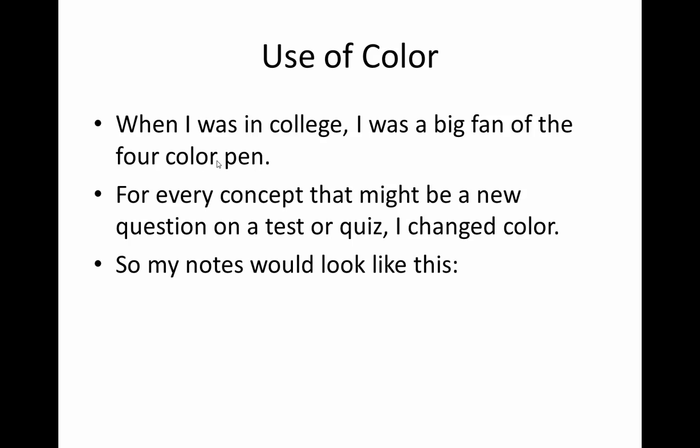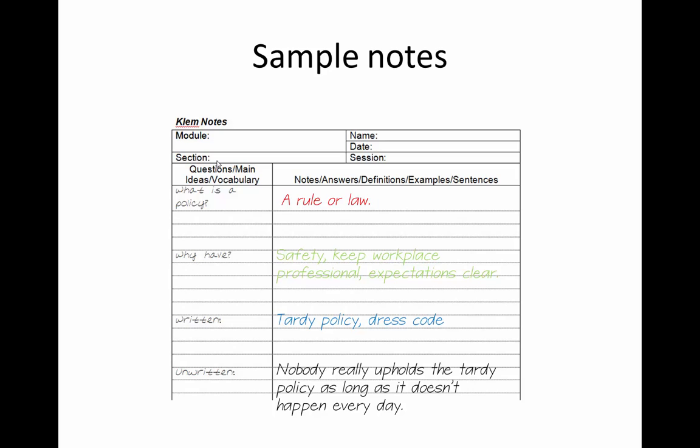But what I did was for every concept that could possibly be a question on a test or a quiz, I changed the color. So instead of my notes being all red or all blue or all black, they would look like this. So you can see that every question I would change the color. So a 4-color pen is red, green, blue, and black. So that way it would be really easy when I was going back to refer to my notes to see where there would be a